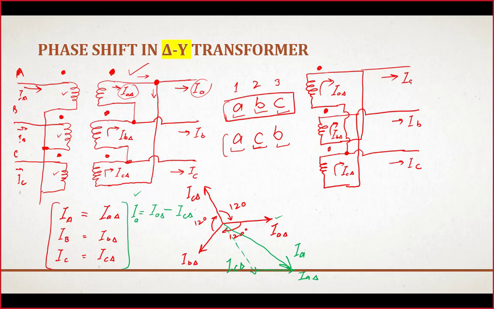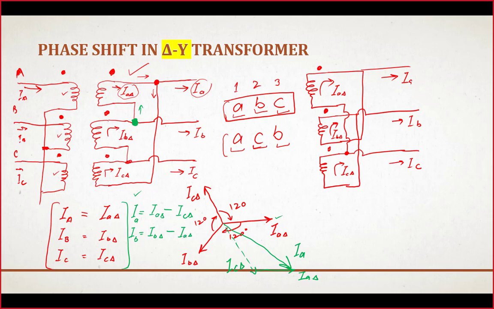Now in the same way, if I draw the second current IB, that will be equal to, by analyzing at this node, current IB delta is flowing towards the node, so that is IB delta minus current IA delta, which is flowing away here, so that will become IA delta.